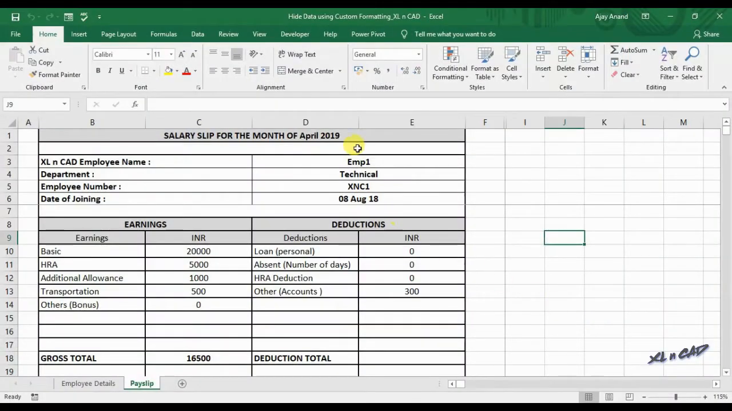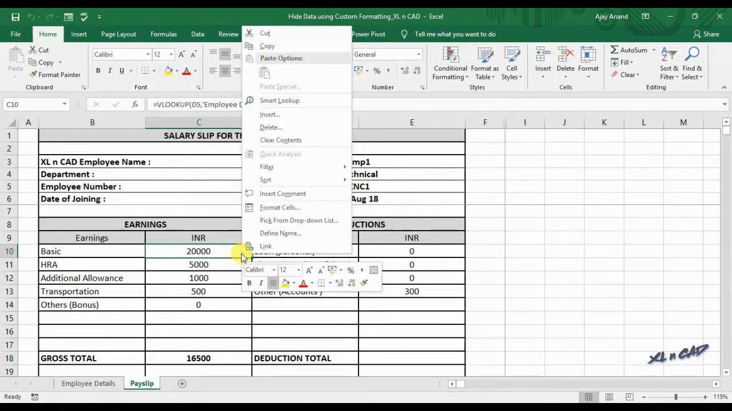In this video, I will explain two methods to hide cell values in a worksheet. To hide the data in this particular cell C10, select the cell, right-click, Format Cells,